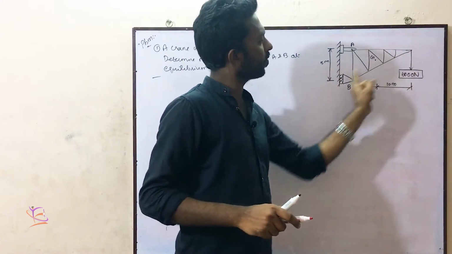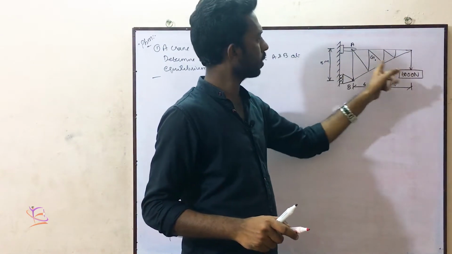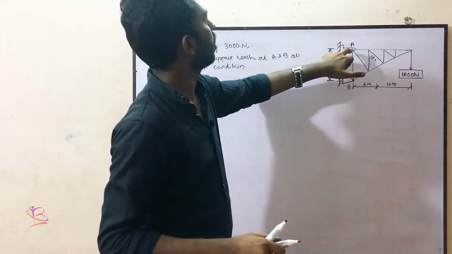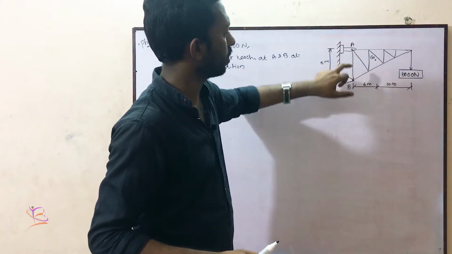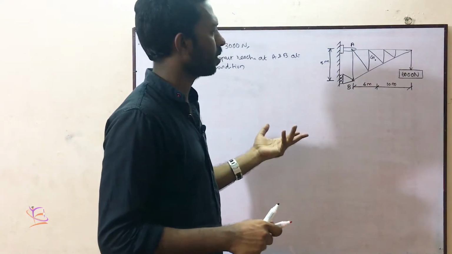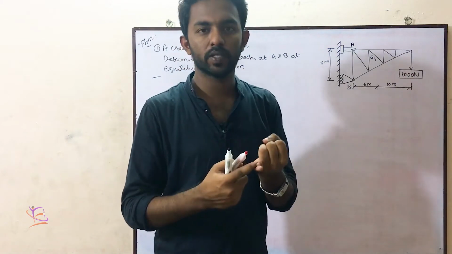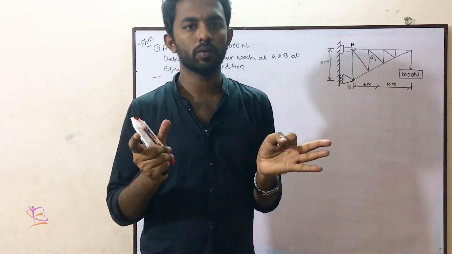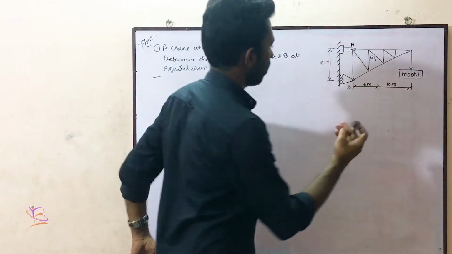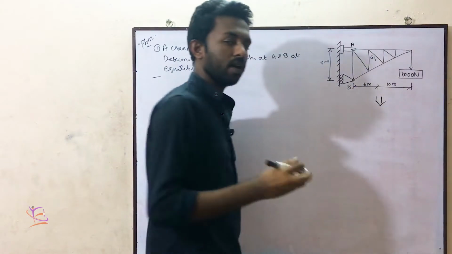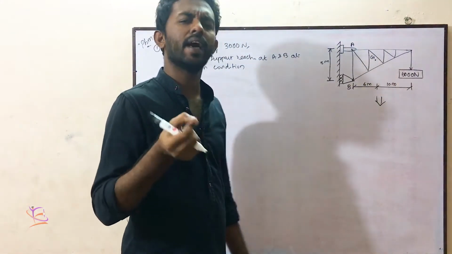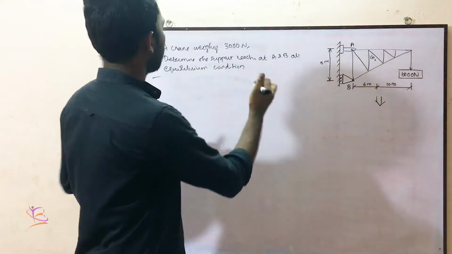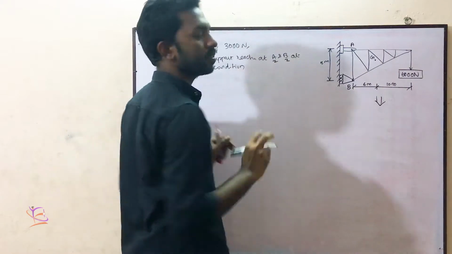So the total weight, this 6000 newton, this grain self weight, everything will be carried by these two supports at A and B. So now we can say that at equilibrium condition, summation Fx will be 0, summation Fy will be 0, the moment about any point will be 0. So basically we should draw the free body diagram. First of all, we have to draw the free body diagram, then analyze what are the things to be considered. What is the thing to be taken for calculating the unknown? So reaction. So reaction at A and B.